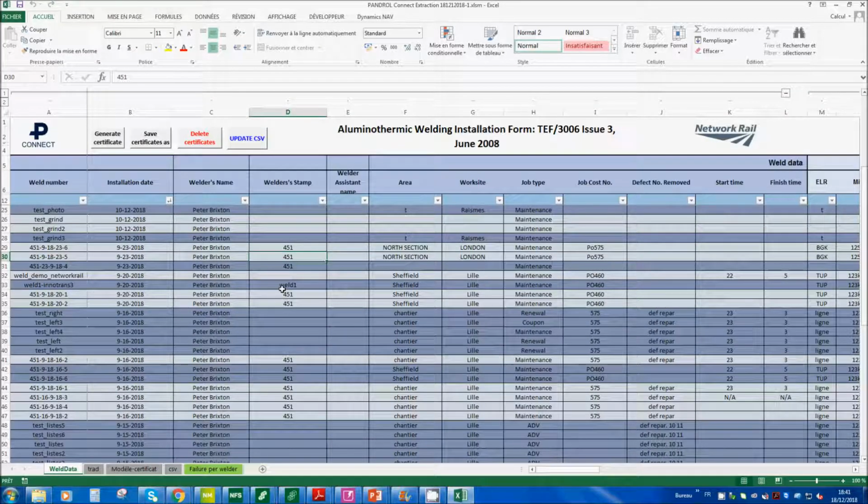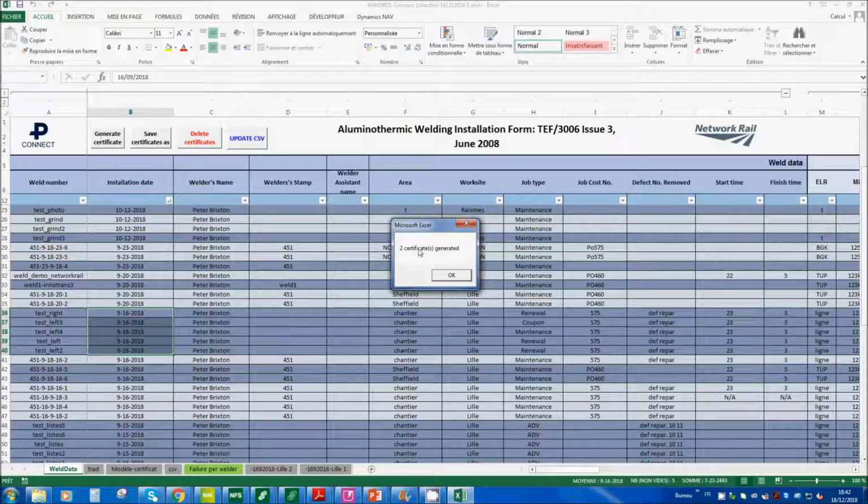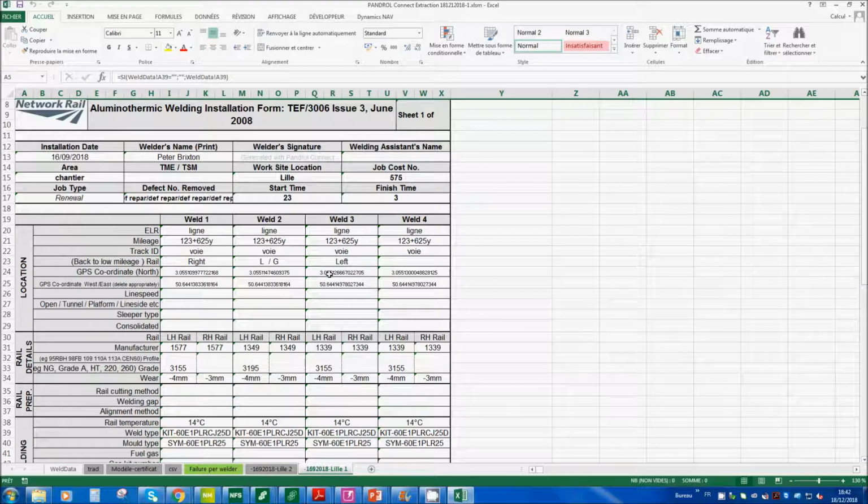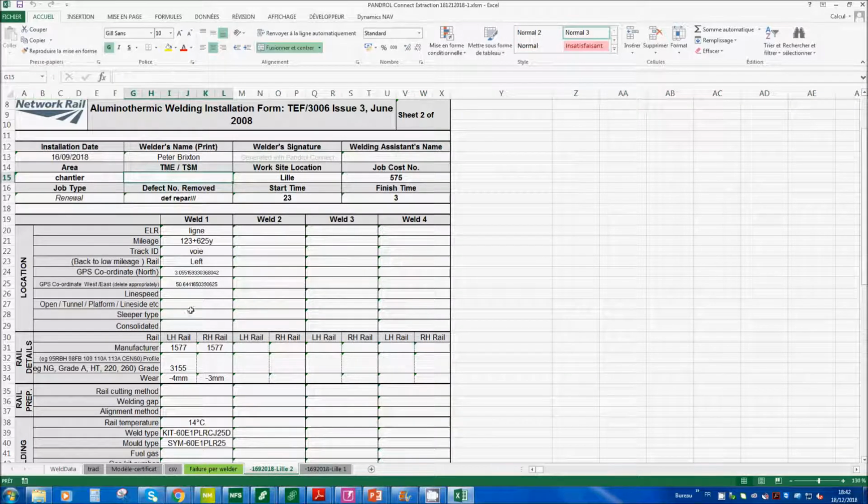Just one note, if your welder has been working on more than 4 wells, you will have to fill 2 sheets. So in this example, I'm just going to select one working session with 5 wells, generate my certificate, and then I'm going to get 2 of them, the first one there, and then the second one. Of course, the first one has 4 wells, and the second one gets the 5th well.